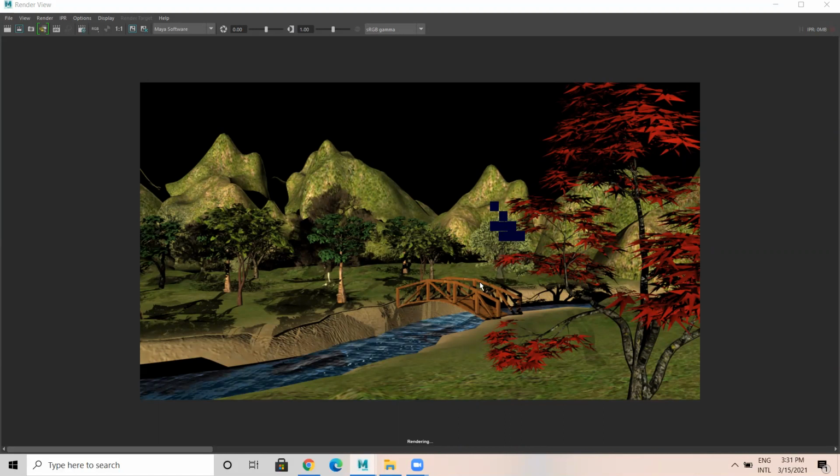It's not complete, but I'm going to cancel this rendering. It's not canceling. Usually if you press escape, it will cancel. Usually it renders pixel by pixel, which takes time.